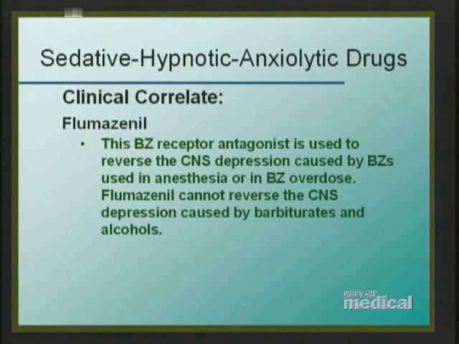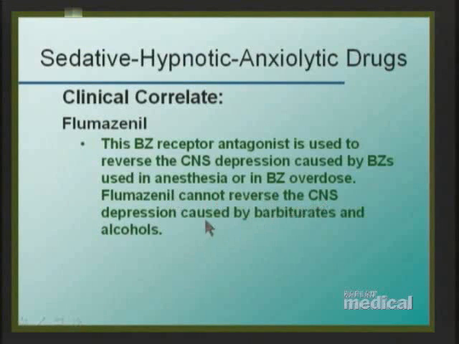In your margin is a very important clinical correlate. If you have your red pen handy, make sure you underline it. We hear very often as feedback that flumazenil is being board tested. Flumazenil is a benzodiazepine receptor antagonist. So if you have CNS depression to a benzodiazepine, such as you would have in overdose, or such as you would have when you use IV benzos, for instance in anesthesia, to reverse the CNS depressant effect, you could use flumazenil. The point your boards are after, which makes most sense in basic pharmacology, is the fact that flumazenil will